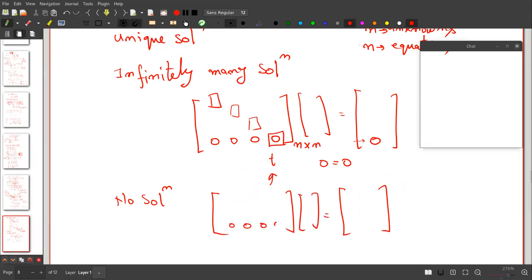But we can also have no solution, the no solution case, when we have 0 on the matrix side and we have some number here. Then we say that 0 cannot equal c. From this equation we are seeing that 0 equals c, which is wrong. So we will not have any solution because the equation itself is wrong. So in that case there will be no solution. So these are the three cases we will get.